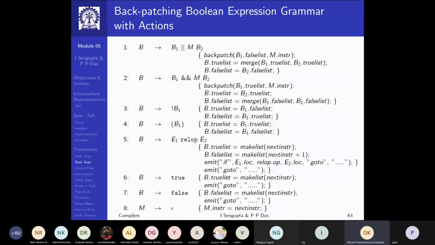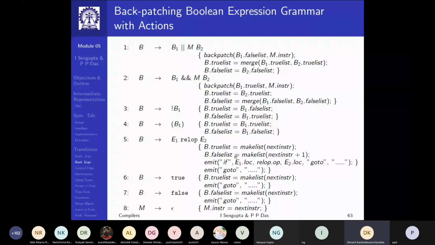Since I'm checking for the if, the target of the if is the true one. So at next instruction I'll make a list and make it the true list of B. Similarly, in the fall through, this has to be the false exit. So at next instruction plus 1, where this will be generated, I'll make the list and make it the false list of B. So these are very straightforward.